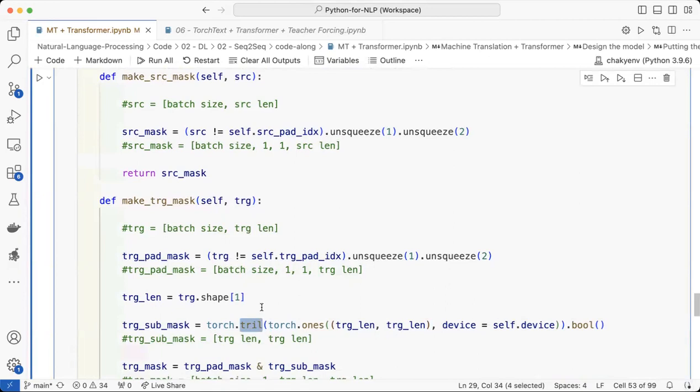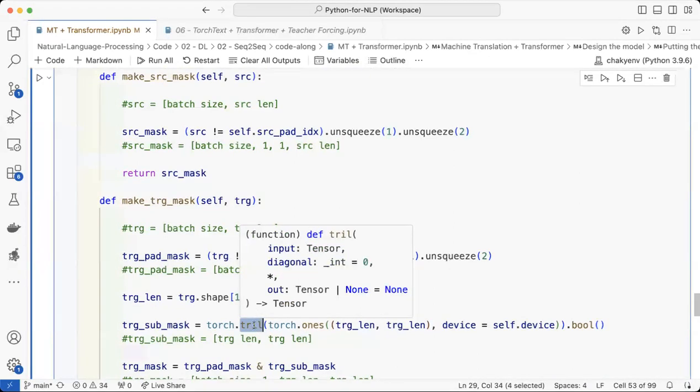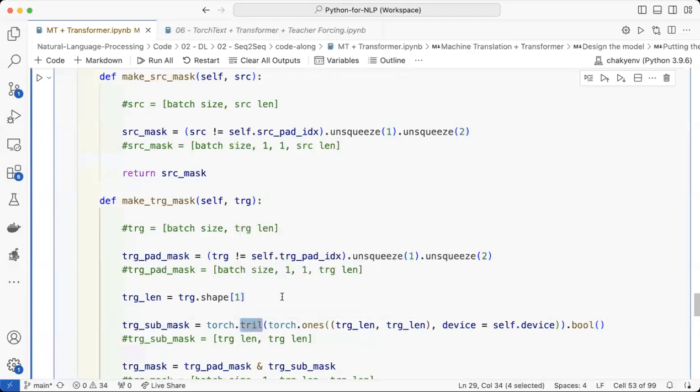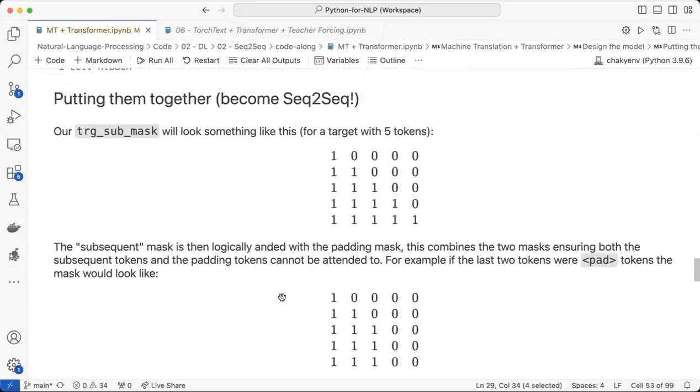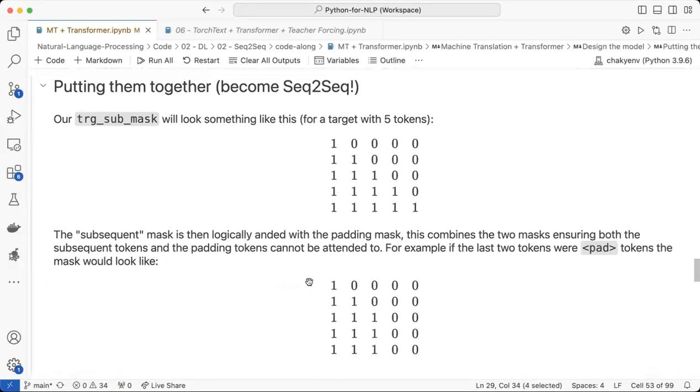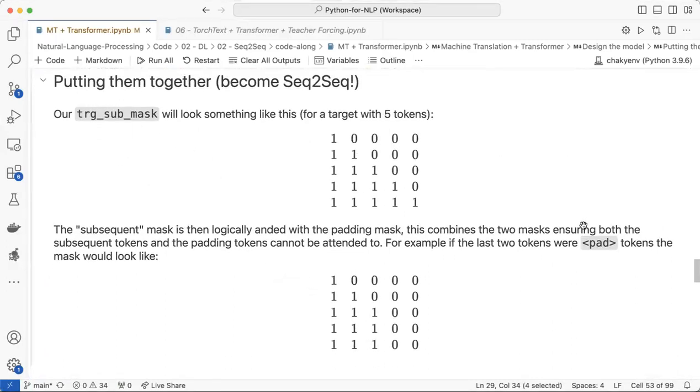Basically, I think it's related to the upper triangle or the lower triangle. Yes, lower triangle. And then we're going to combine this mask with the padding mask. So if this is also padding, then this is also going to be set to 0, right? Like this. So the target mask and the source mask will be combined, which is something I